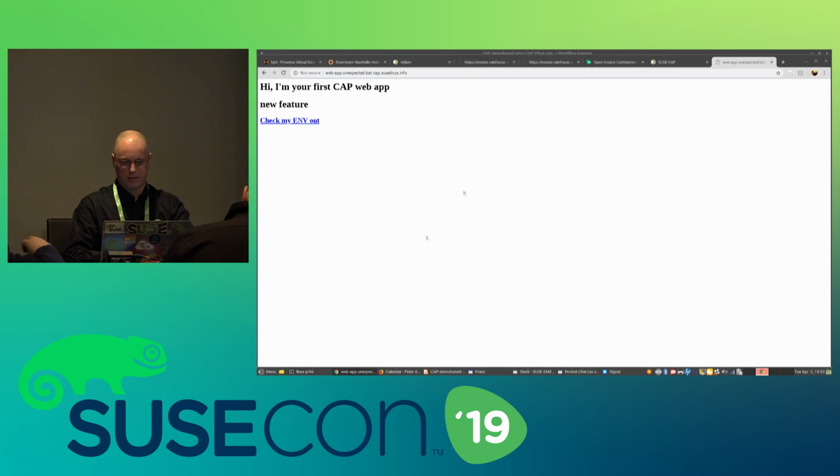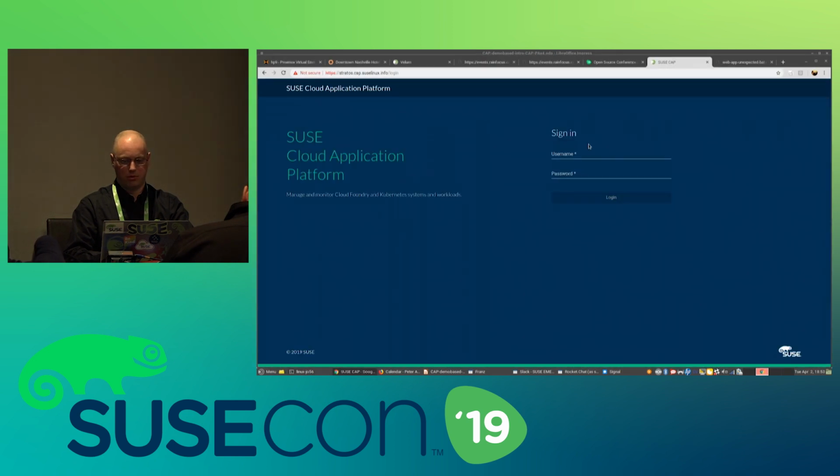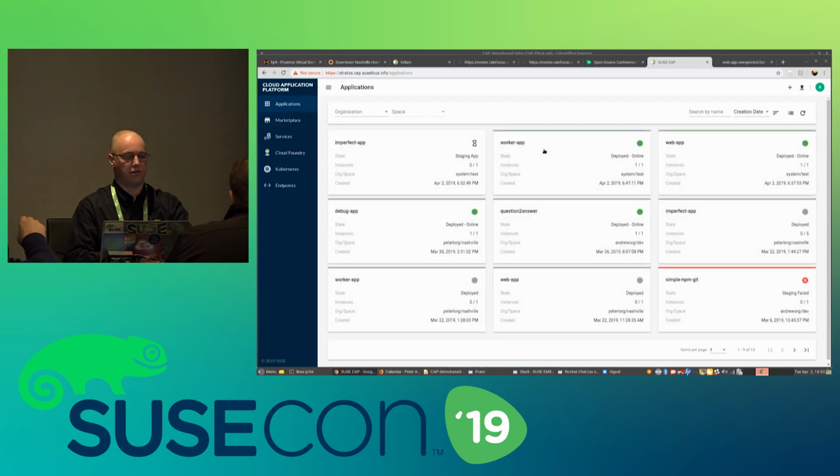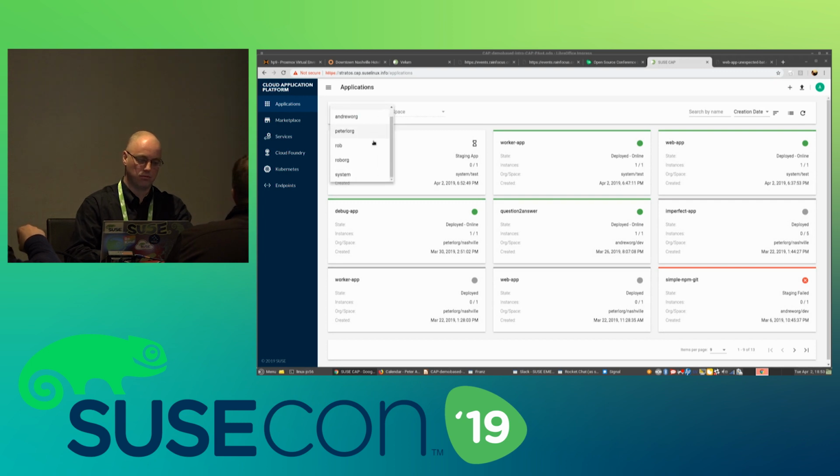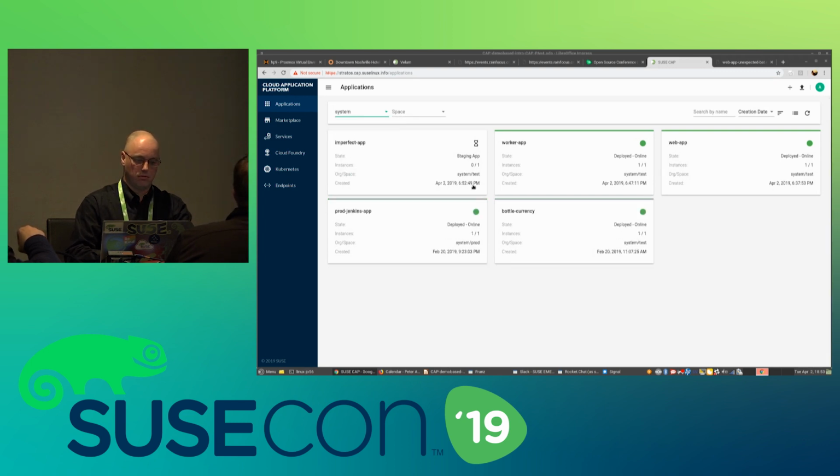While that is happening, I can also show something called Stratos, which is an add-on that SUSE is providing to the community around Cloud Foundry, giving administrators the possibility to interact with Cloud Foundry using a graphical tool. So these are the applications I have pushed so far.